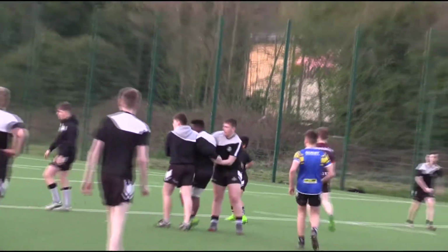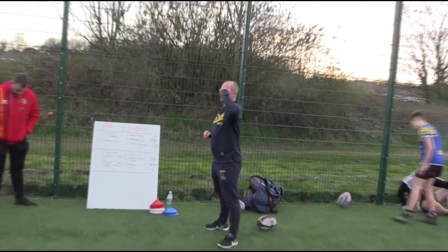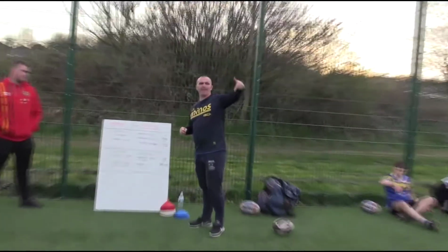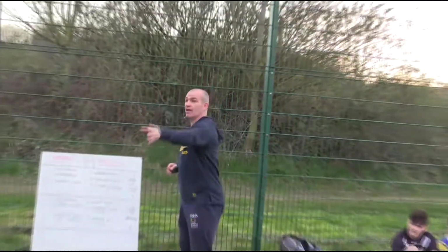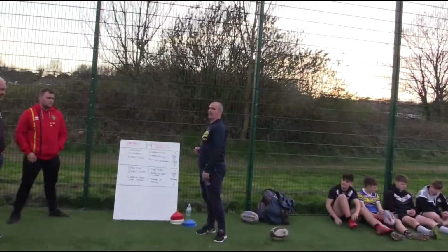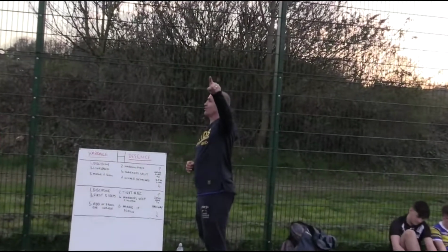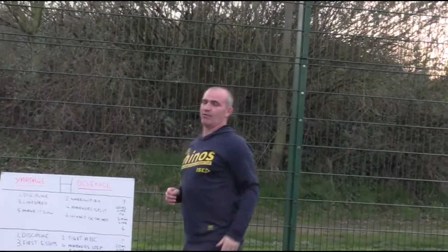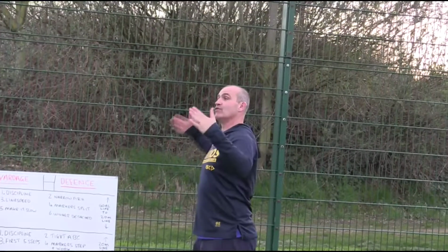Good. Let's go back and do one more of those. Okay, so just recapping on that. Hopefully we've witnessed there how effective that could be, okay? And I spoke to the guys that were in the offensive unit there, and I was telling them to try and get the ball as wide as they could, as fast as they could, and try and get beyond that, okay? And they're finding it really, really hard to try and stretch the defensive line, even though we were starting